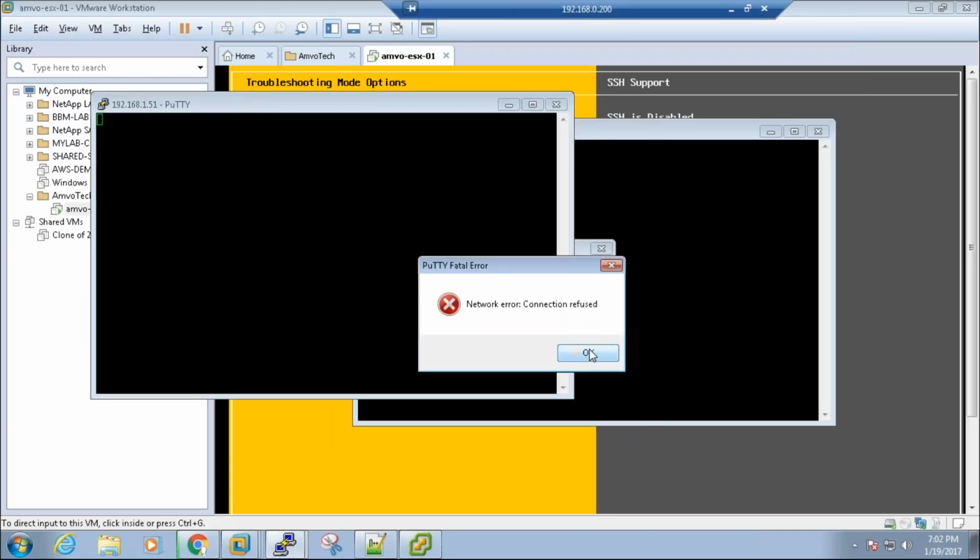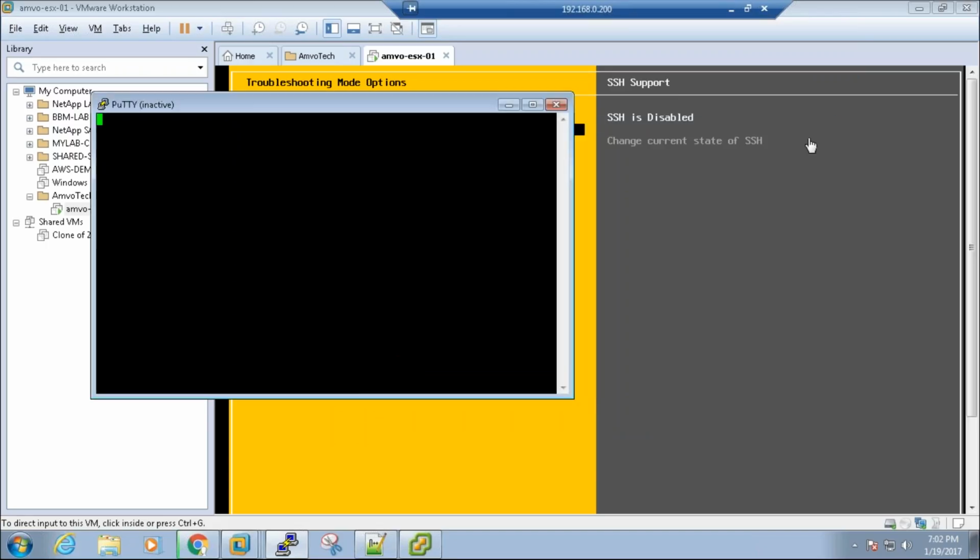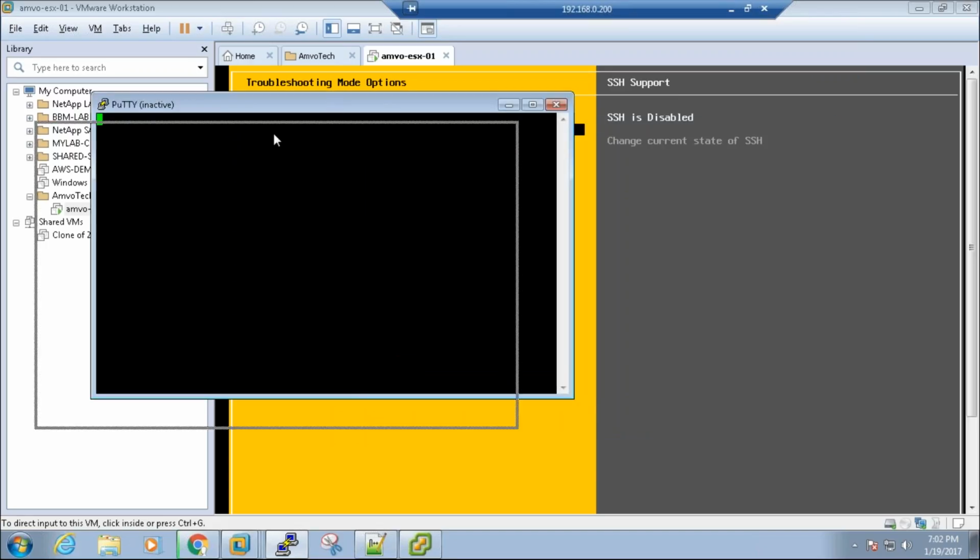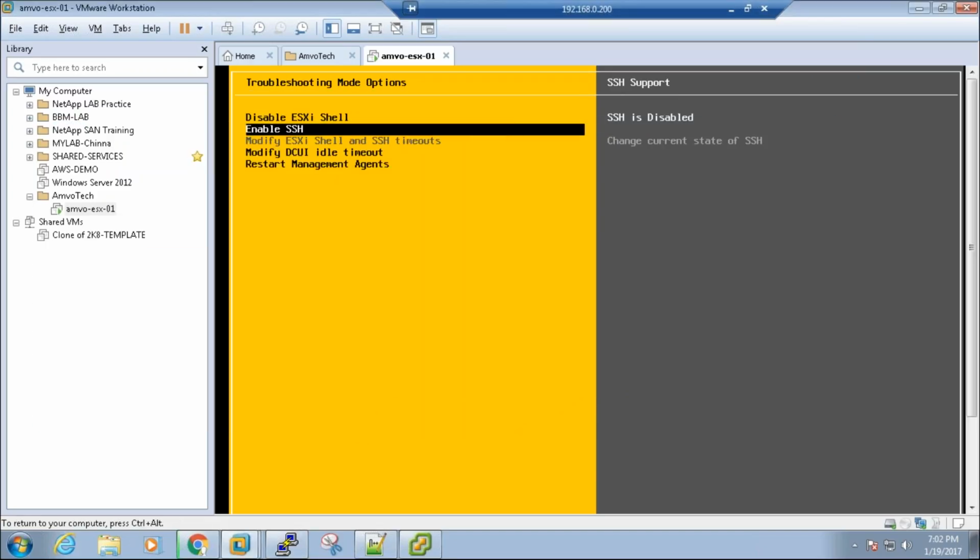You see, connection refused. So let me go here. At this point of time it is disabled. I'm just pressing enter over there, so it turns enabled.